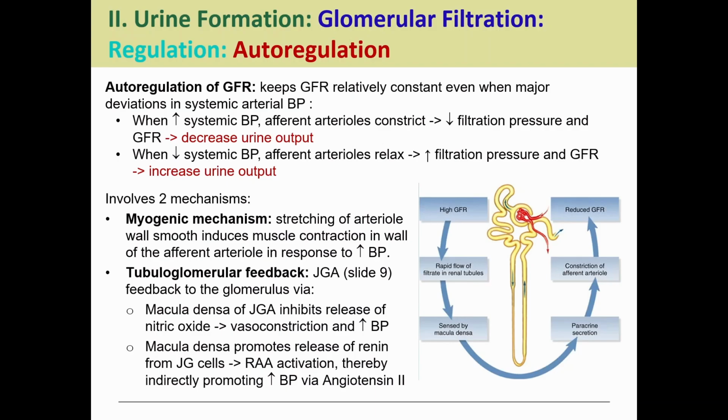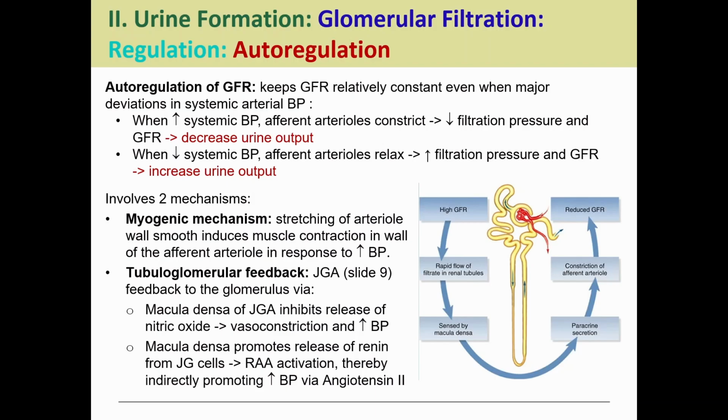And there are two ways that we can auto-regulate. Myogenic mechanisms, which is basically a stretching of the arterial wall, which induces muscle contraction, right? So if we have higher blood pressure, it's going to push on the arterial walls more. And as we push on those arterial walls more, that's going to stimulate the smooth muscle in that arteriole to